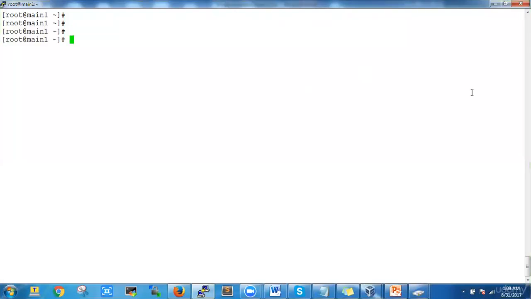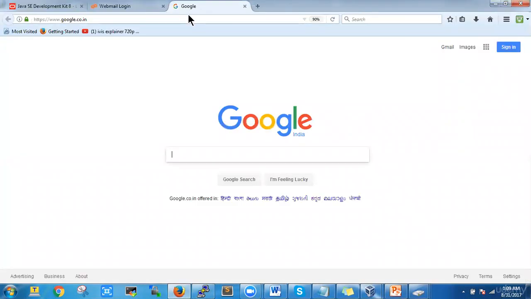Hello, let us start with the installation of Jenkins. So to install Jenkins, we have to download Jenkins. So first we'll go on the Jenkins official website,